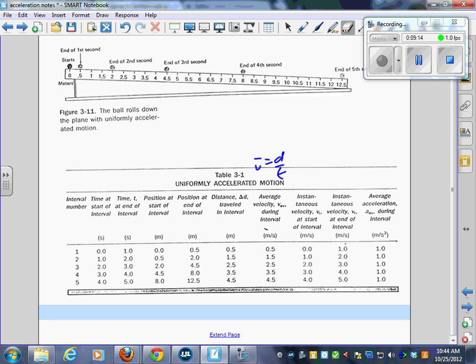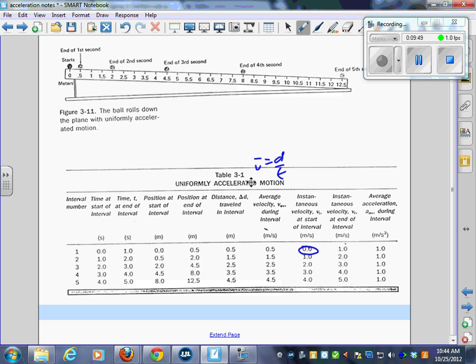Now, watch closely here. The instantaneous velocity at the start of the interval, okay? Think about tests and averages. Keep that in the back of your head. If I averaged 0.5, the average velocity is 0.5. Now, clearly, I started this whole mess at 0 meters per second, right? I started at rest. So that is my 0 right there. If I averaged 0.5, then what's the speed at the end of this interval?